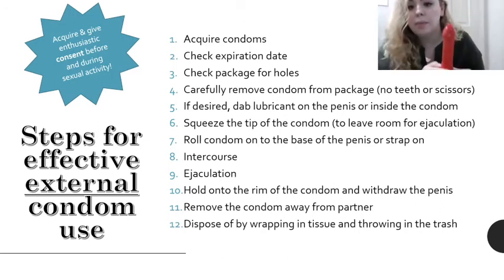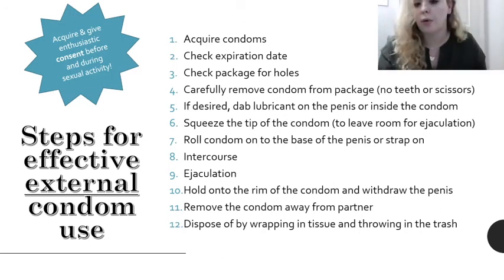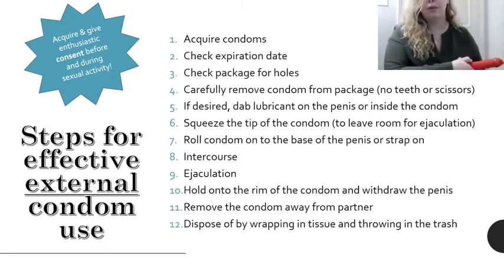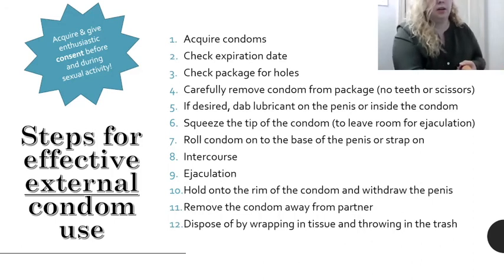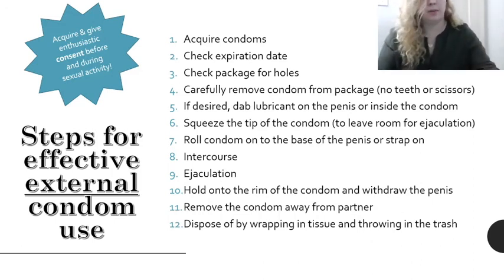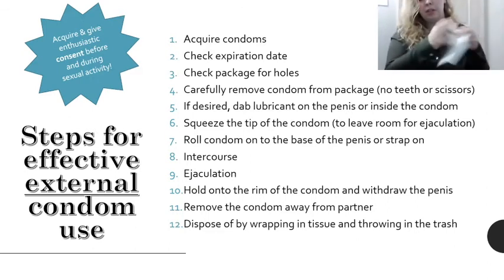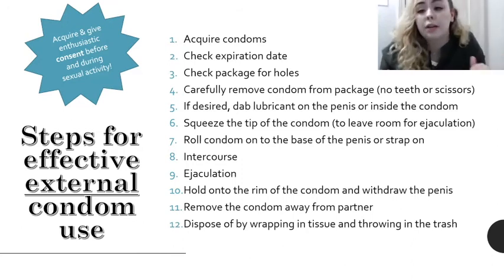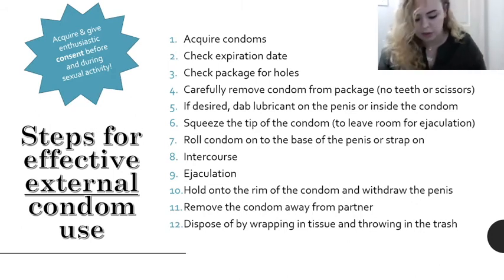So you'll keep that in place while intercourse is happening, ejaculation or orgasm happens, and then you're going to hold onto the rim of the condom, and here you'll turn away from your partner and withdraw the condom, or withdraw the penis or sex toy from the condom. Next, you're going to wrap it up in tissue and toss it in the trash. We're not going to throw this in the toilet and flush it, because that can definitely lead to a really uncomfortable conversation with a parent, roommate, plumber, somebody you definitely don't want to have that conversation with. So you'll always want to throw that in the garbage. If you're worried about somebody finding it, you can take it to the garbage outside, but do not flush that.